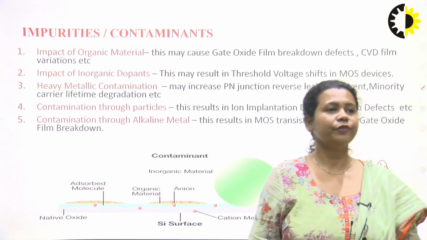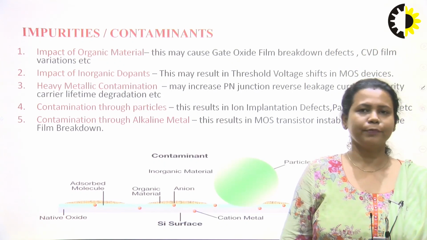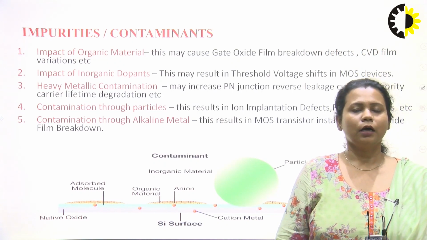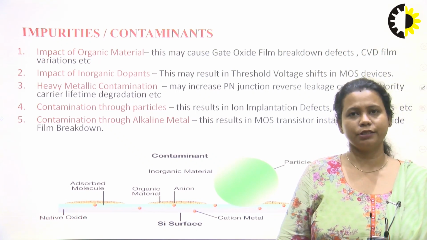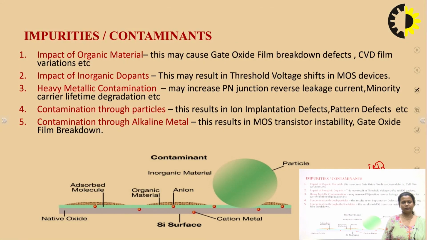So we all know how the wafer has been formed. We have used certain techniques for the formation of the wafer: how silicon ore is converted into MGS, then from MGS into EGS, and then further we get polycrystalline silicon, and polycrystalline silicon is converted into single crystal silicon. In that process, when we are getting our wafer, we add certain chemicals for polishing, for etching, and for cutting as well. So what happens to these impurities? These impurities will get deposited on our wafer.